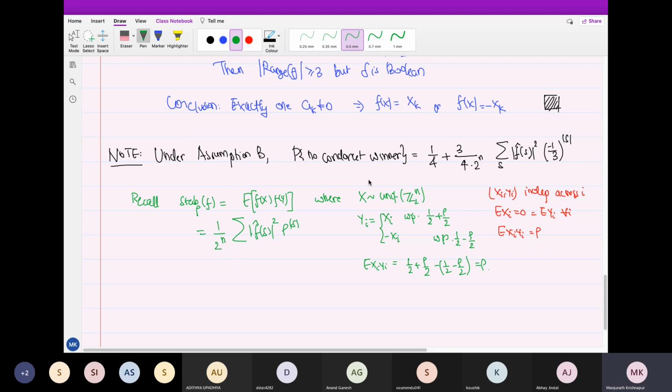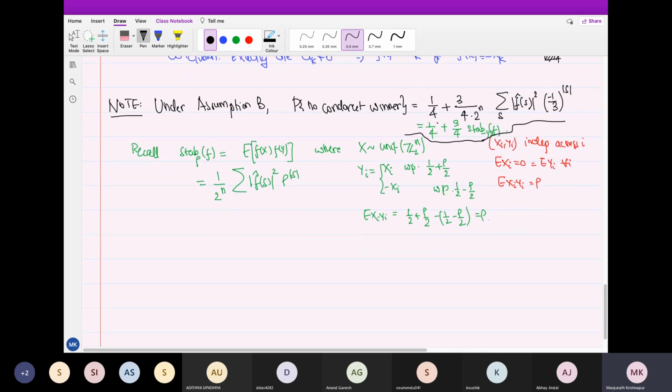So in that sense, this is actually stability minus 1/3. If you want to write it in that language, then this probability is 1/4 plus 3/4 into the stability minus 1/3 of f. Okay, so that's what I mean. In what I do, there will be no particular advantage in writing it like that, but I just wanted to make a link to these other concepts. But we'll use this probability expression in going further.